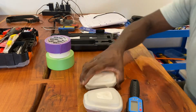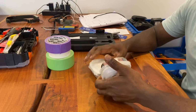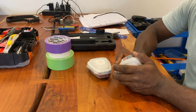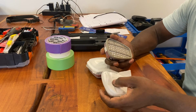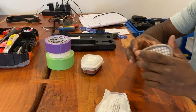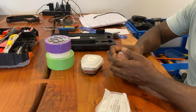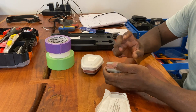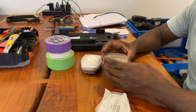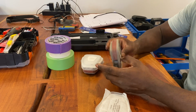I just finished spray painting a car and got two filters which were used to spray paint a car, and just thought I want to have a look inside these carbon filters and see how they look like inside. This is the second set of filters. I did open one a few weeks ago when I replaced the old one with this one, and it's quite interesting what's inside. So I just thought I'll make a video because I couldn't see anyone on YouTube opening I